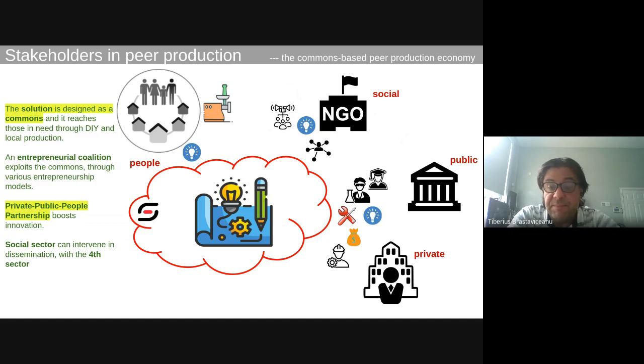So everybody supplies something and everybody has a stake in it, right? So the private company, they can supply an engineer, they can supply money because maybe they want to fabricate this thing. That's their interest, okay? Or maybe they want to, I don't know, get exposed to a new technology.